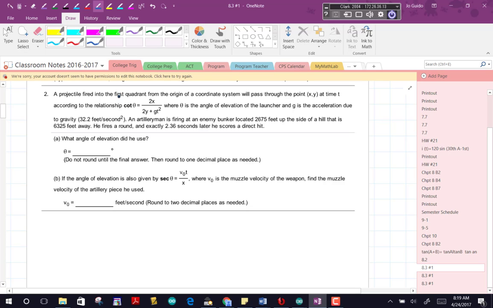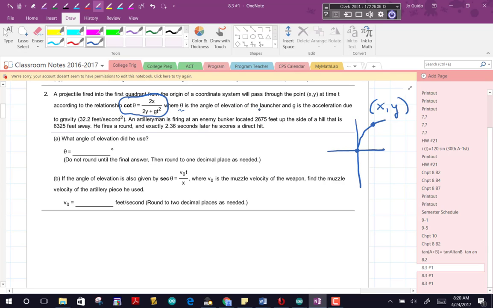So it says that a projectile is fired into the first quadrant from the origin of a coordinate system. So I'm going to fire the projectile from right here, into the first quadrant. At various times, it's going to be at various positions, and we're going to denote those with x, y. So it's at a point (x, y) at time t. According to the relationship, the cotangent of theta is equal to 2x over 2y plus g times t squared,